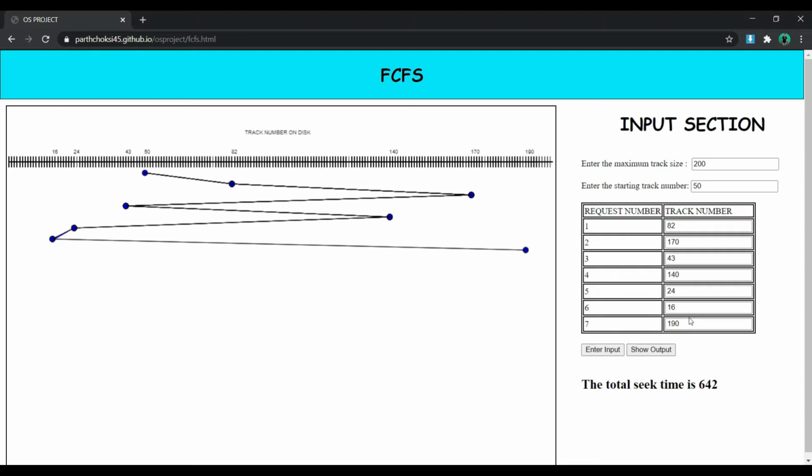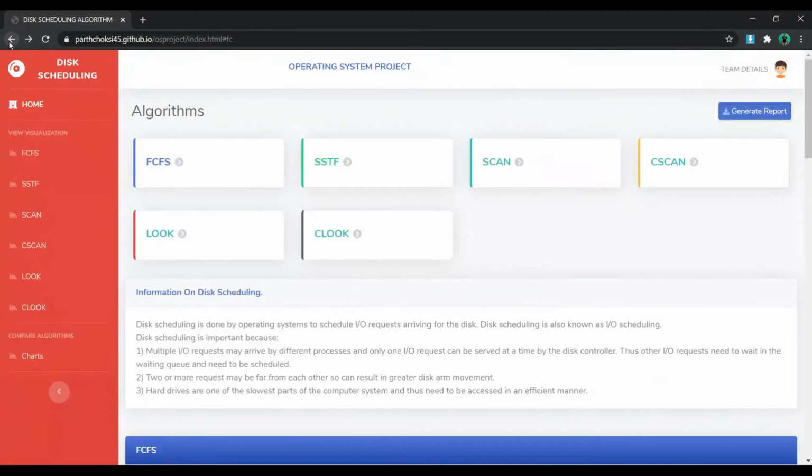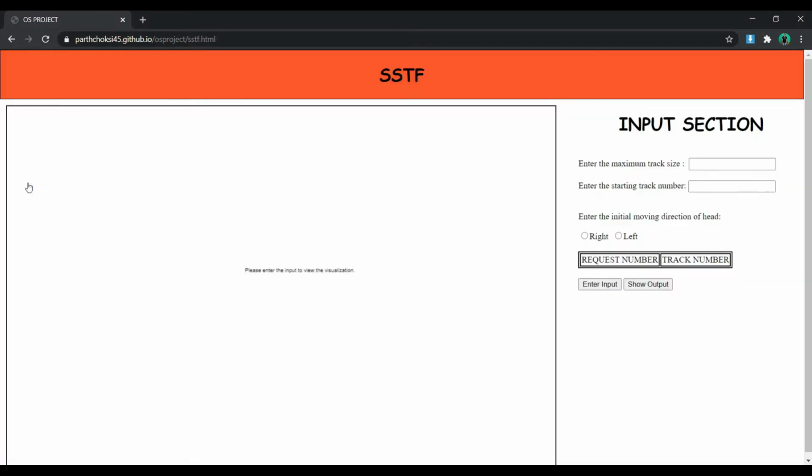Okay, so now I will run the SSTF algorithm. SSTF stands for shortest seek time first. Now I will run it and give an example.